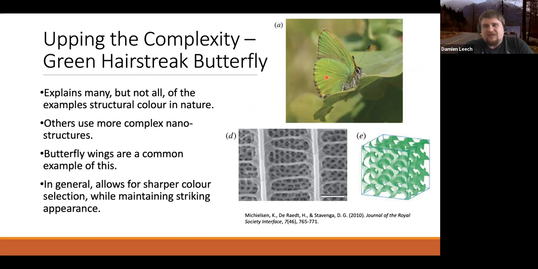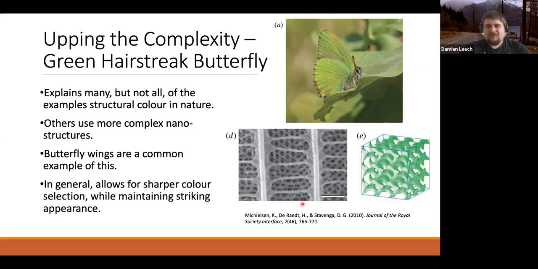So the Latin name for butterfly, and I'm not going to attempt it because I'll butcher it, but I believe it means something along the lines of scaly wing. So there are the little scales that make up this wing, and it's almost like a fish when you look at it up close, because they've each got these little individual scales. And then you zoom in again on these scales, and they have these even more